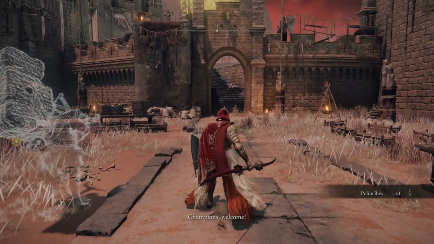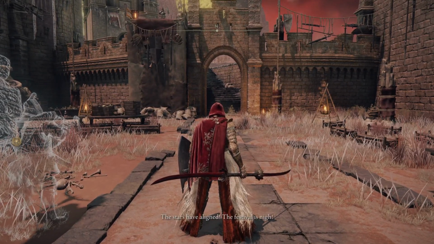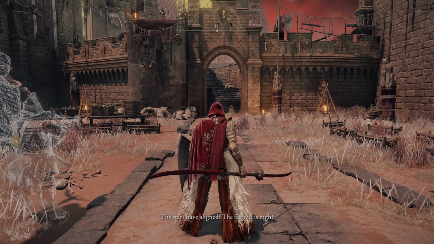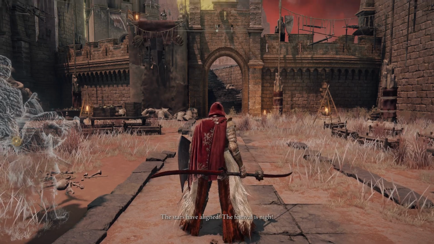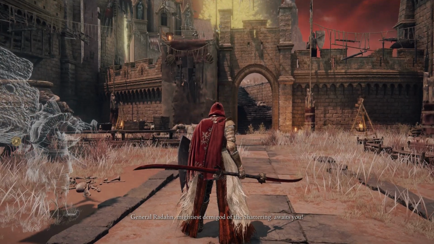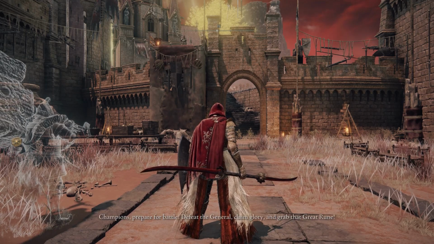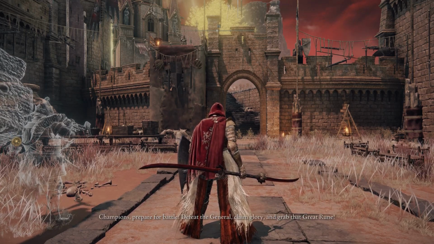Talk to Alexander. Just gonna wait for this speech. I love it. The stars have aligned. The festival is nigh. General Radahn, mightiest demigod of the shattering, awaits you. Champions, prepare